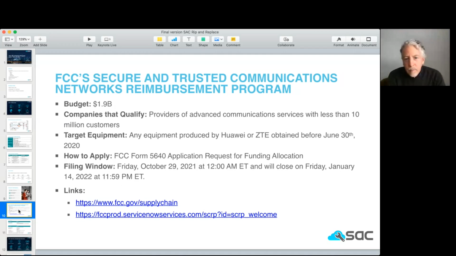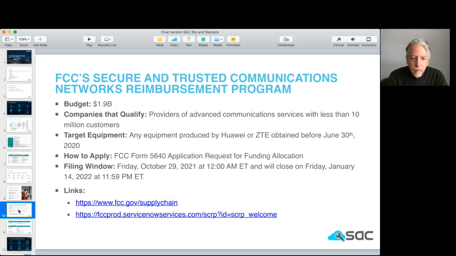Well, there's a form. You can check the link down below, and that'll pop up access to that form. You fill it out. They claim it's about 6 hours of work. That may or may not be true, depending on the size of your network. And there's a little time left. So if this is the first you've heard of it, and it's possible, then please take it seriously. This is a real opportunity, but you have to get it in, application in before the